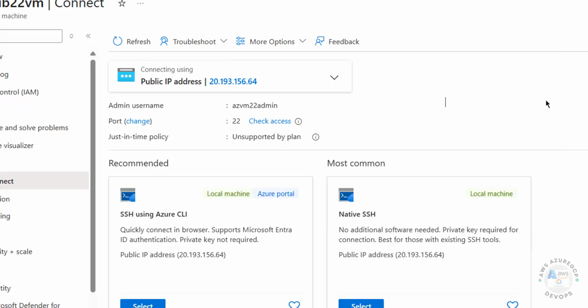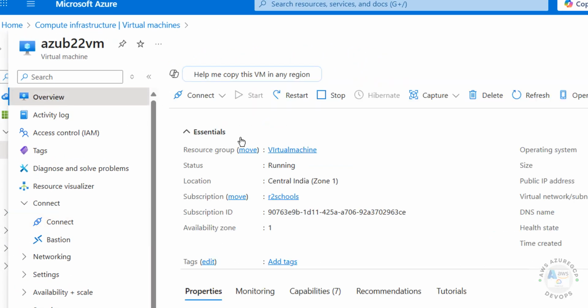Okay. Now go back to this overview. See here in the top we have the restart, stop, capture, delete and other options. If you want to restart this virtual machine, you have to click on here. If you want to stop, you have to click on here. If you want to delete this instance permanently, you have to click on delete. Okay. So in this video, we have seen how to create or set up Azure Virtual Machine for Ubuntu Server 22.04